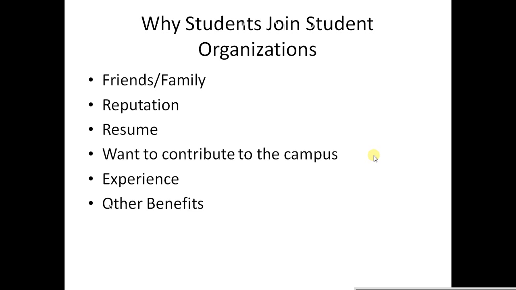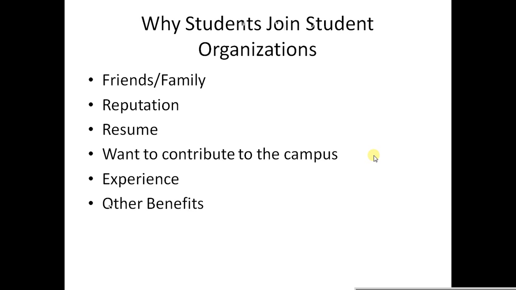So why do students join student organizations? There's a lot of different reasons. This does have to deal with value because we're talking about people's motivation for why they do things. People join student organizations because of maybe family and friends, their recommendations, or just the fact that they have family or friends in this organization, so they want to be a part of it. They join because of the organization's reputation. So maybe they have a great reputation. Now that can be flipped to the other thing too. If they have a bad reputation, that might be the reason why they don't join an organization. But we'll talk a little bit about that later.